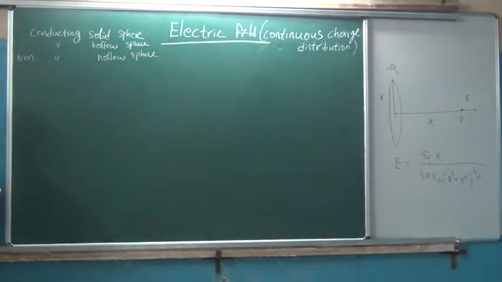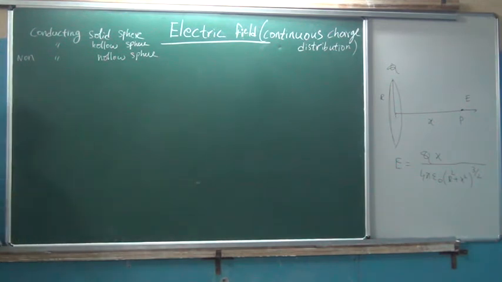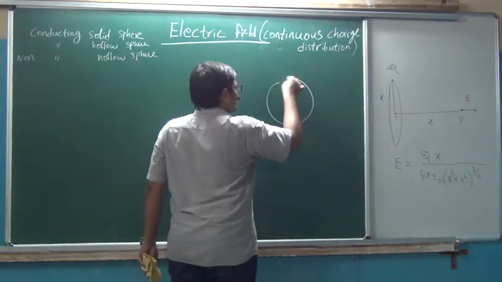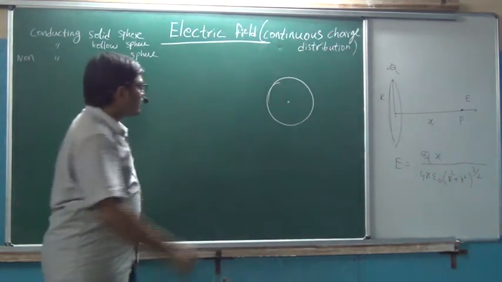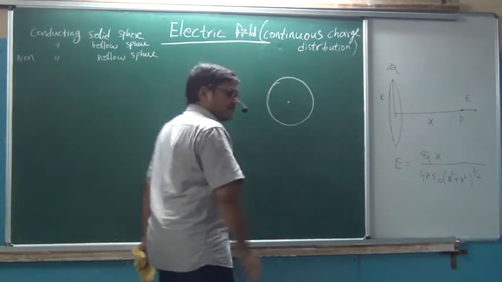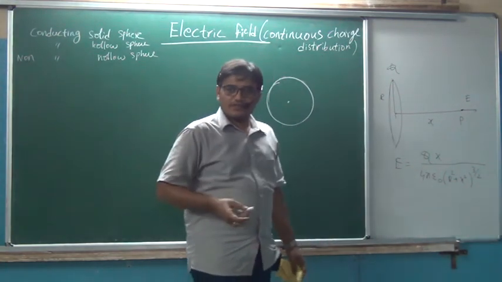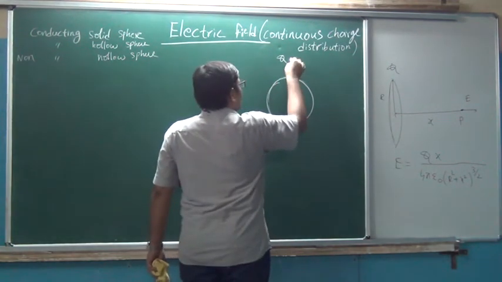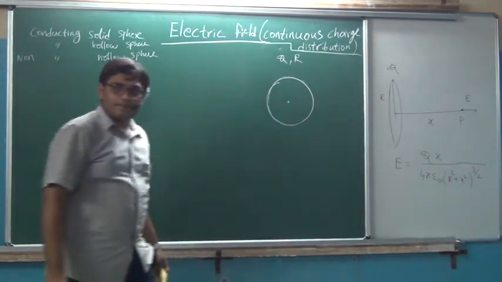Now you understood these three cases. It may be any of these three cases. If I give charge Q to it, what happens? It will get distributed on the surface. For the first two cases, and in the third case, the only place is the surface and I am going to distribute it uniformly. Total charge is Q and radius is capital R.